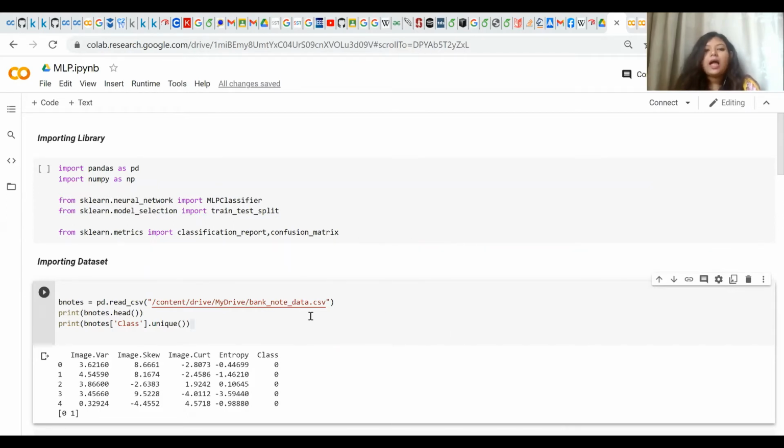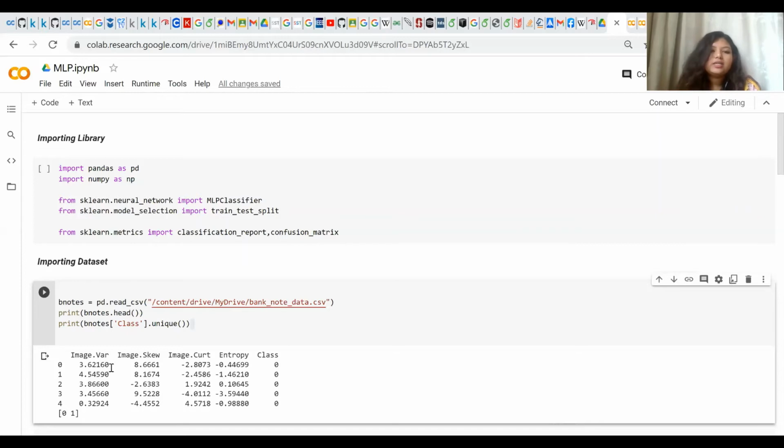Next, I have imported the data set, a banknote data set, and read it into bnote. The banknote data is available on Kaggle. I have checked the data set and its attributes.